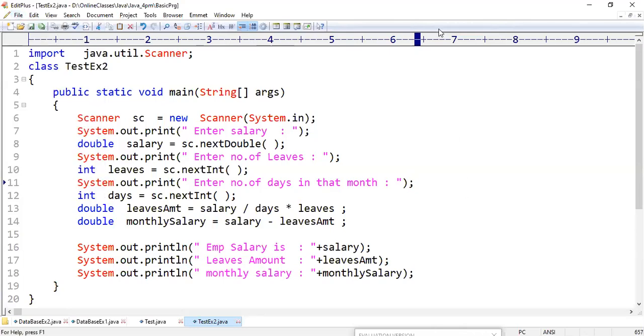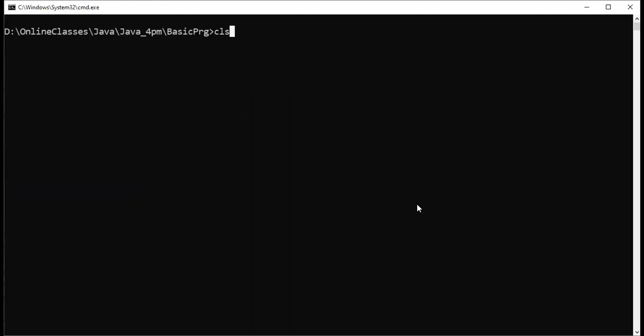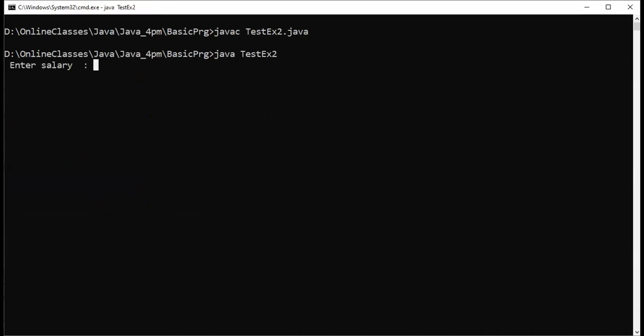Save, go to your command prompt, compile your program, execute. It is asking salary. The salary is 50,000 rupees. Leaves, 5 leaves.